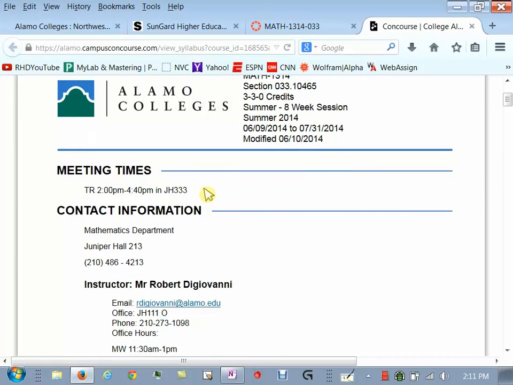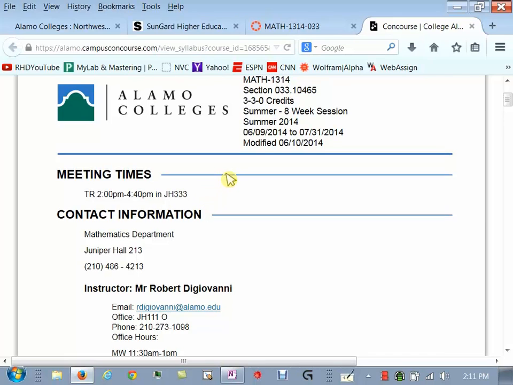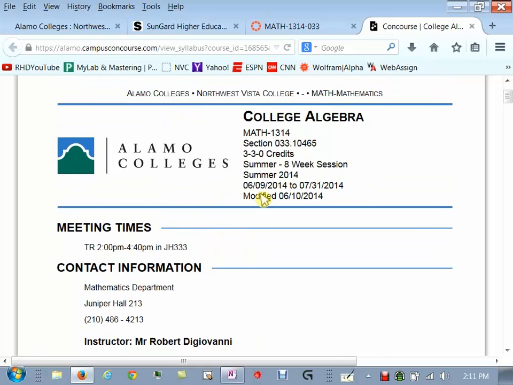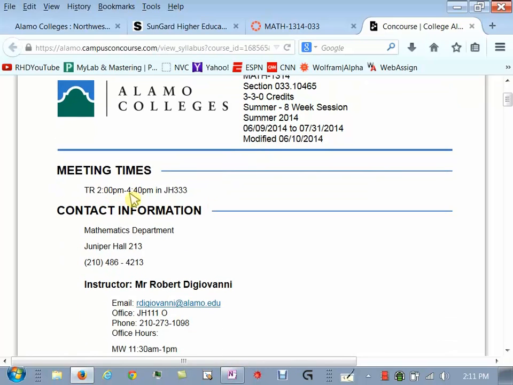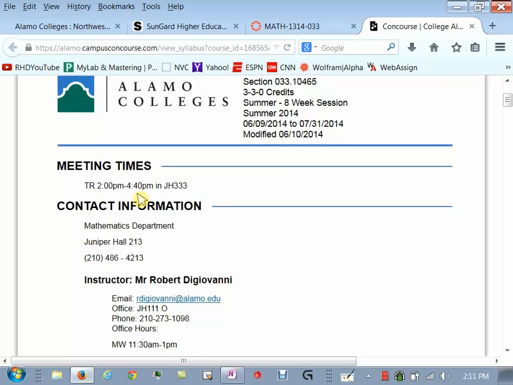Now, everyone hopefully can read, right? So I'm not going to do this word for word, just hit the major points. We are here for an 8-week term. We do meet from 2 to 4:40. I accidentally put on there, I just fixed it this morning. I actually had put 2 to 4, but our class is from 2 to 4:40. I wish it was 2 to 4, but it's 2 to 4:40. And we're in the right room.